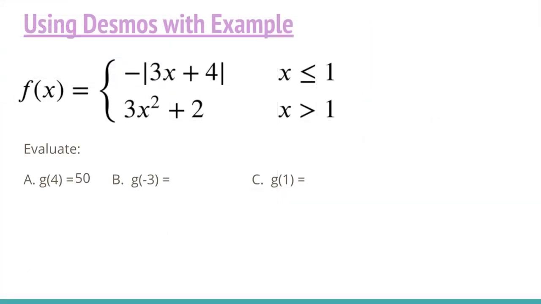So now what I want you to do is I want you to do B and C. All right, awesome. Hopefully you did that and you got an answer of -5 for B. Okay, I think we're going to do